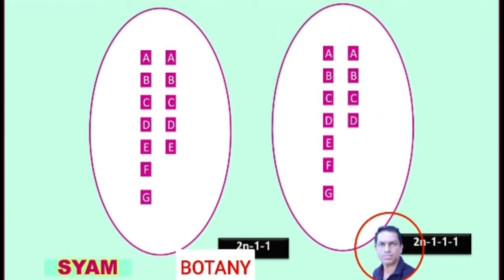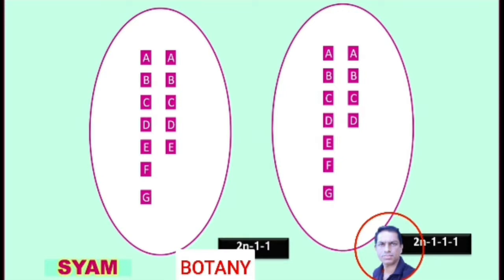See in this picture, two genomes are present. In each genome, the basic set of chromosomes is 7: A, B, C, D, E, F, G. The second genome originally has 7 chromosomes, A, B, C, D, E, F, G, but here in the double monosomic,